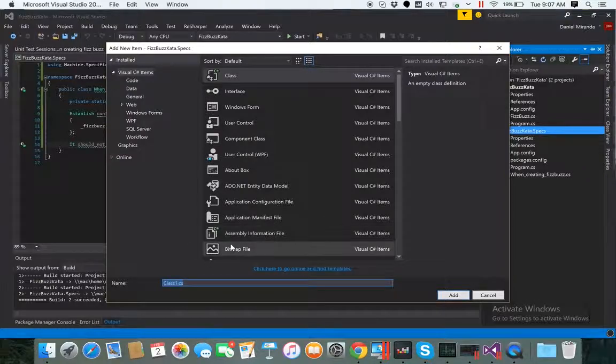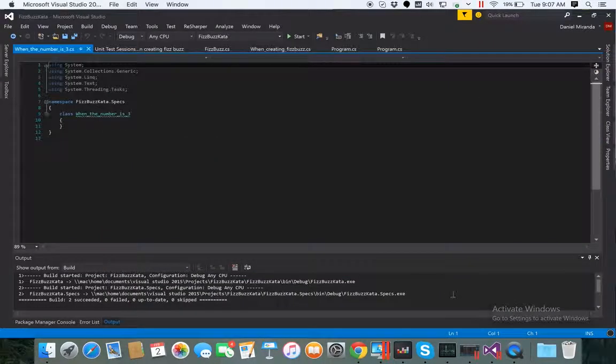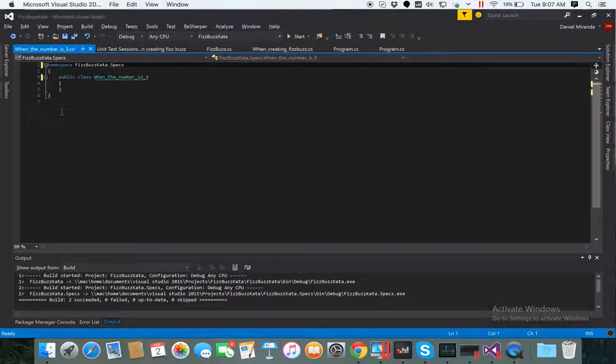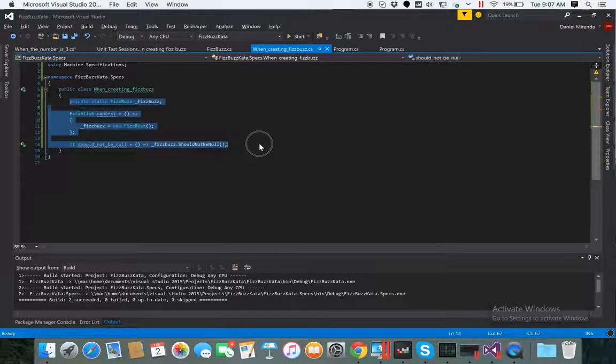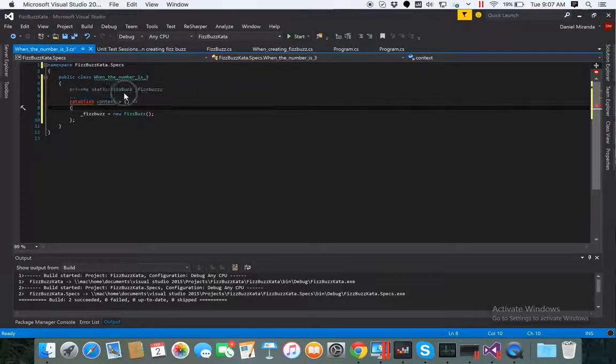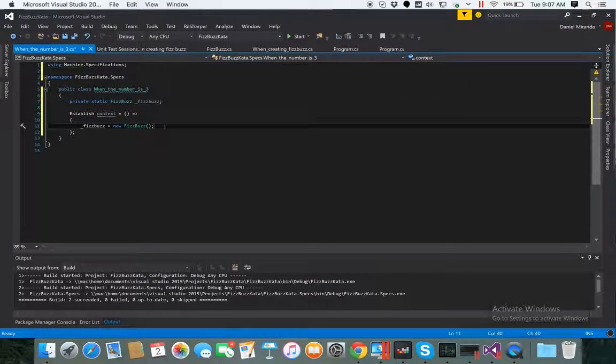and when the number is exactly 3, I'm going to make this class public, remove these useless things, and I think I can copy this until here, paste it right over here, yes, import it, and